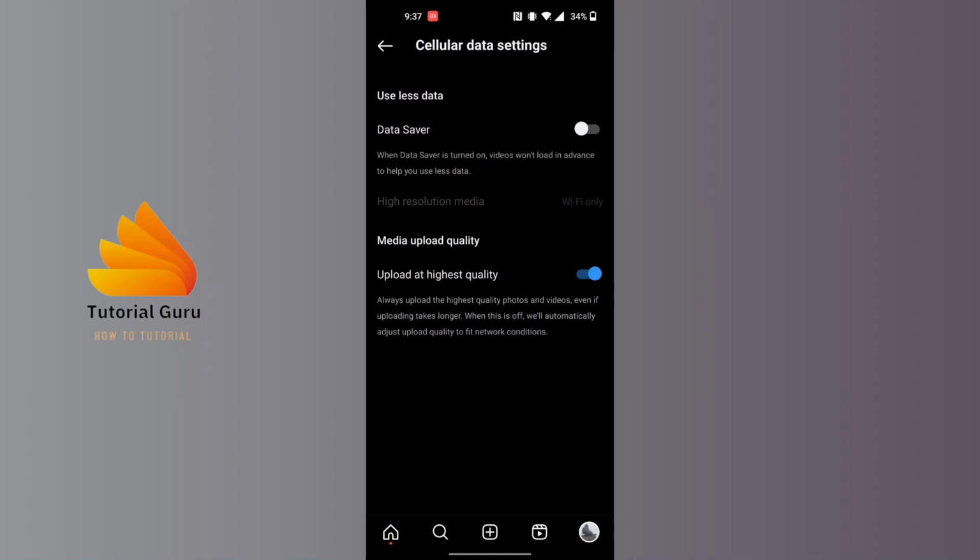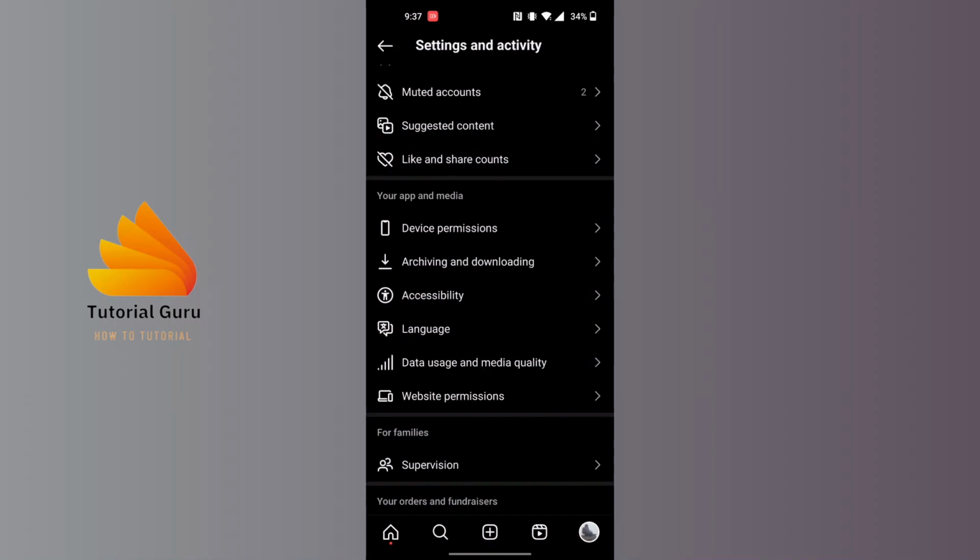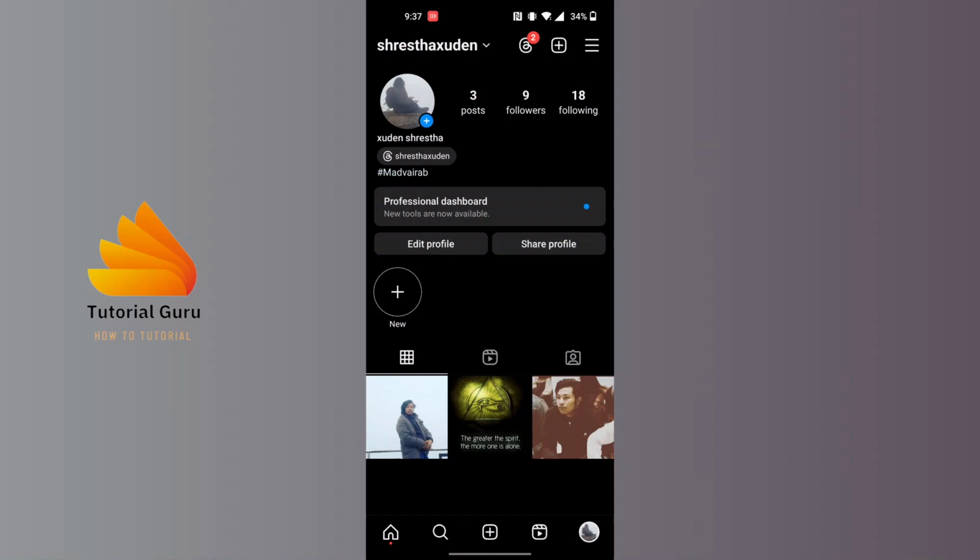and by tapping that toggle icon on, guys, from the next time you post a photo or upload a photo on Instagram, it will upload on Instagram with the highest quality possible. And with that being said, guys, this is the way you will be able to upload high quality photos on